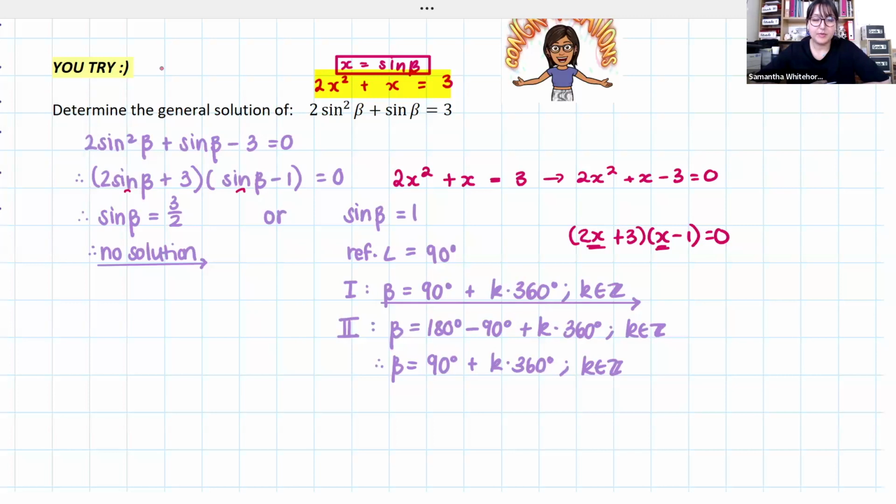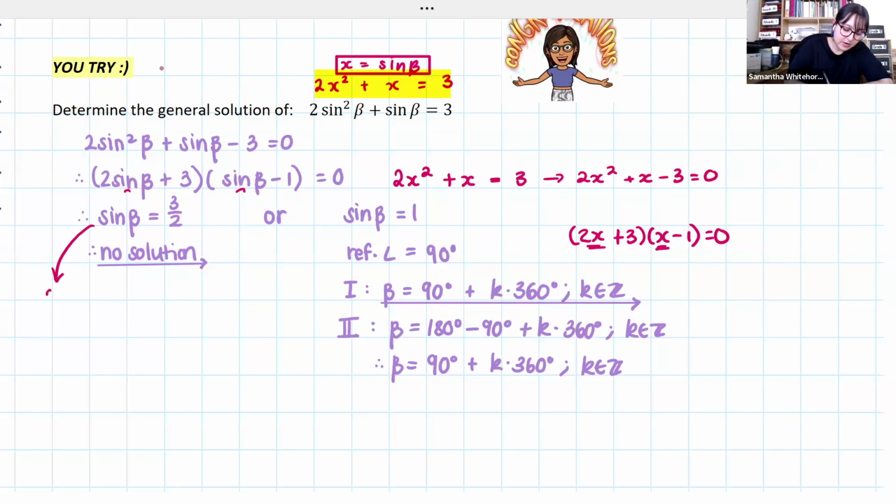So once you factorize, remember I said you have to then take each of those factors, make them equal to 0, and you've got 2 solutions that you get. Now, just quickly, sin β = 1.5 gives you no solution, right? The reason for that is because sine as a